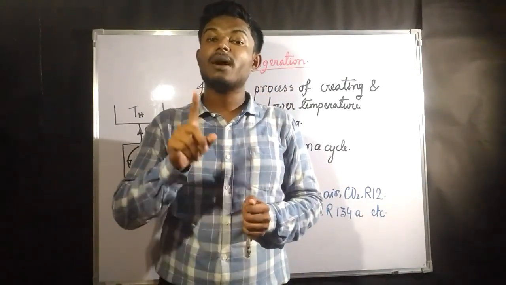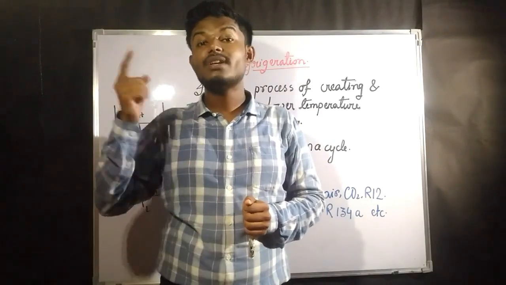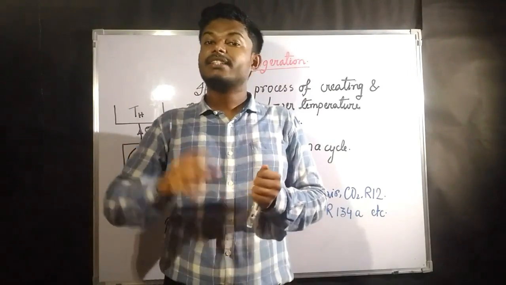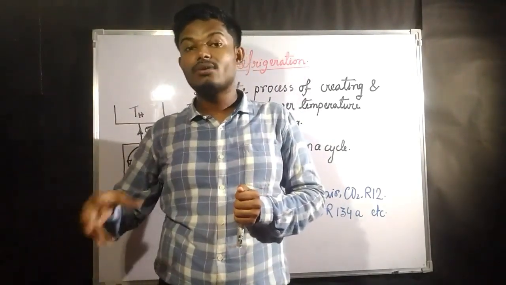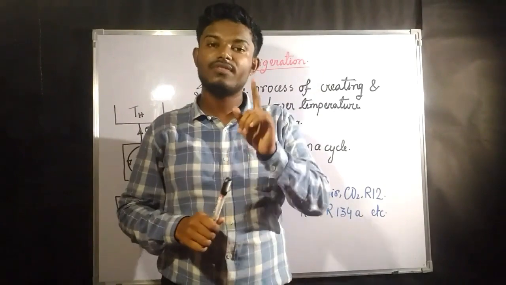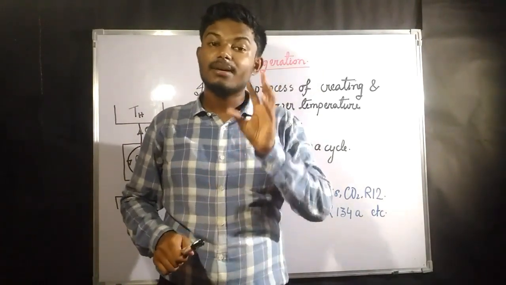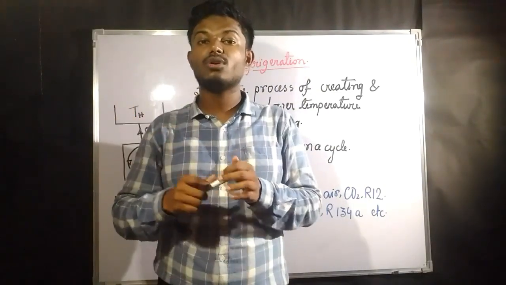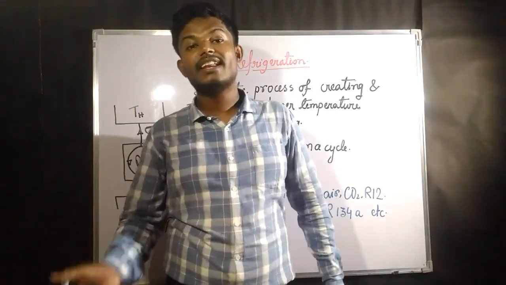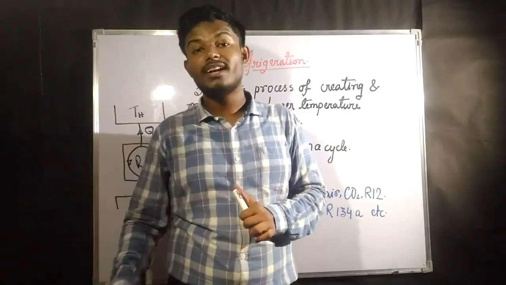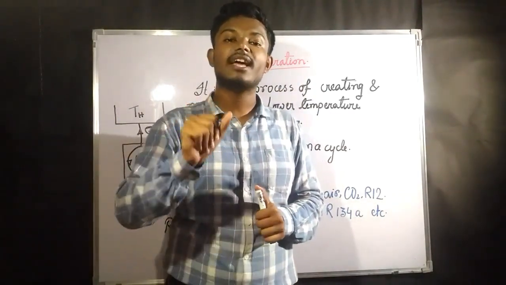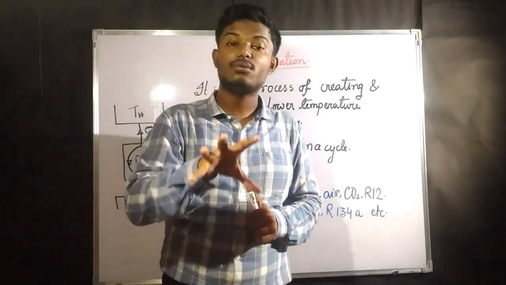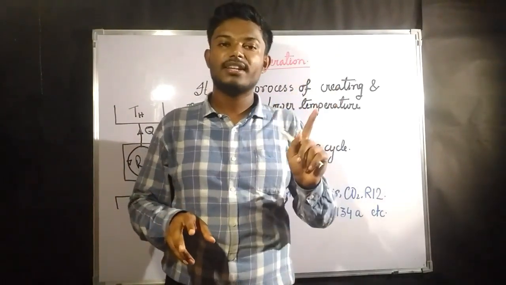Now, what is a pump? A pump is a work consuming device, and we are going against the nature. Against the nature means what? Generally water comes down, and we are now trying to pull up the water to a certain height, so obviously some work has to be done, and that work is done by the pump. So to pull the water from lower altitude to higher altitude, we are giving some work with the help of the pump. Without the pump, or without work being given to a system, you cannot reverse the spontaneous system.